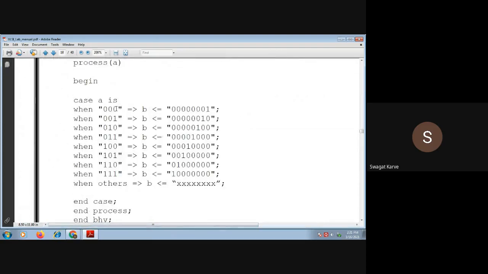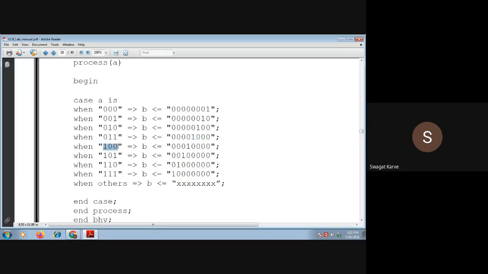When 000, first D0 will get selected. When 001, D1 will get selected. D3 will get selected.